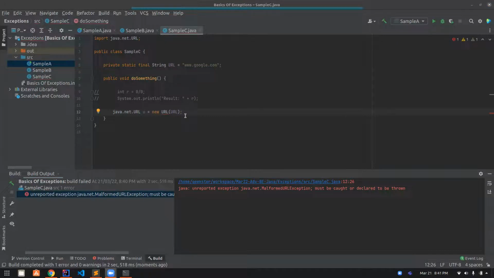If you have a compile time exception and you have not handled it, your compiler will not let you proceed. Your program will not build. This is the major difference between compile time and runtime exception. In this case, my program was not even compiled. Even before it was compiled, it stopped the execution at this point. However, if you run this,